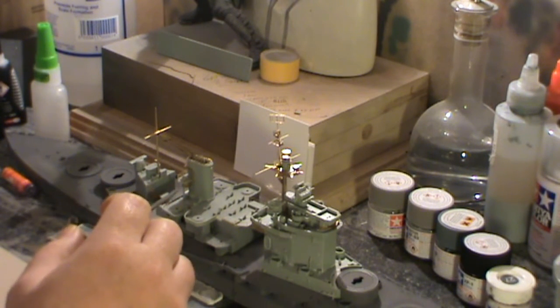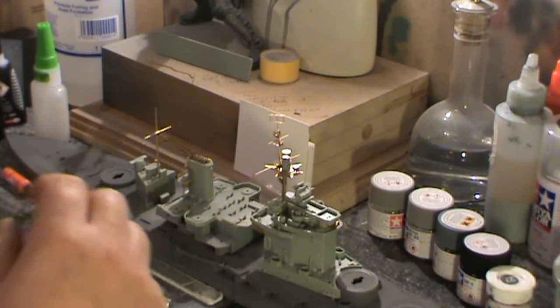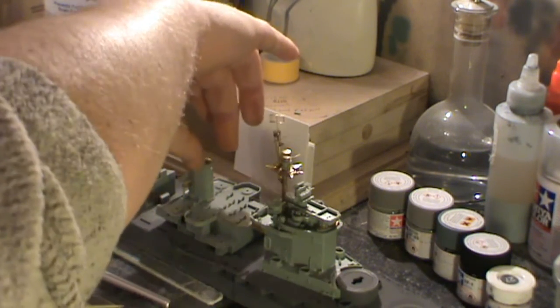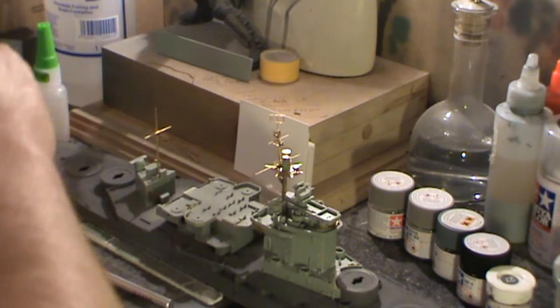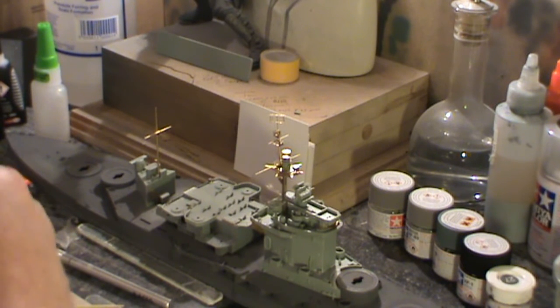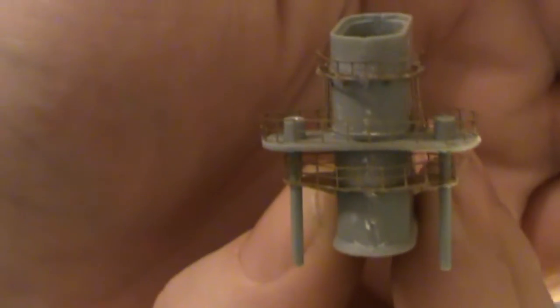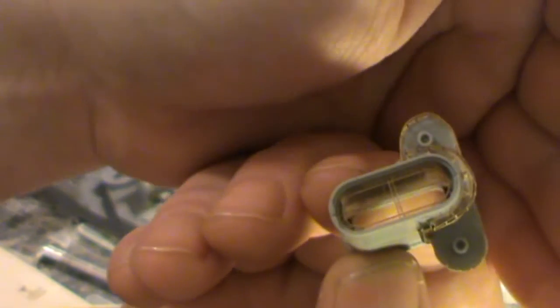The middle structure, we've actually now got the smokestack completely finished. This is facing the wrong way around at the moment, but that's not glued in, so it's not a problem. So we just take this off so we can take a look. This again has been a little bit fiddly to finish off, but you can see there we've got the upper deck put on,